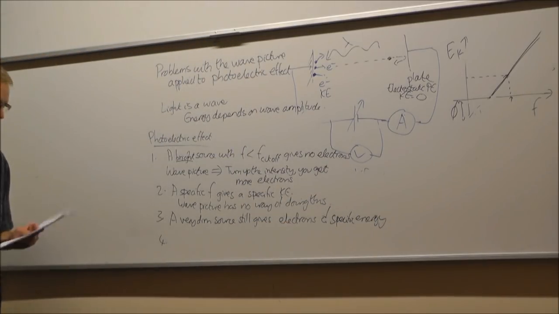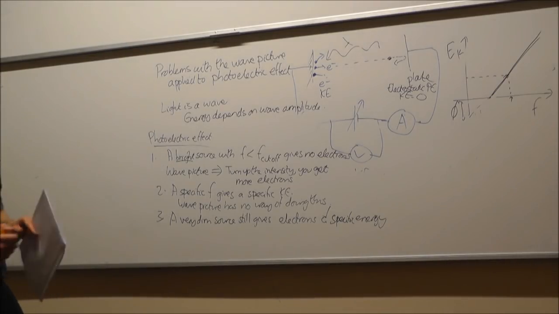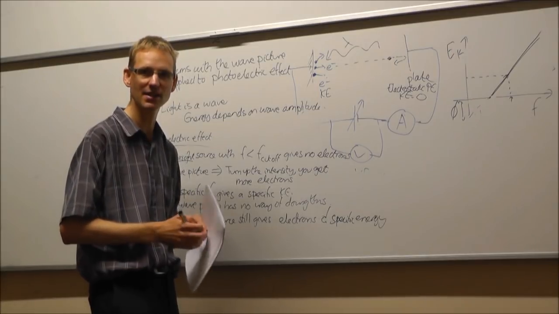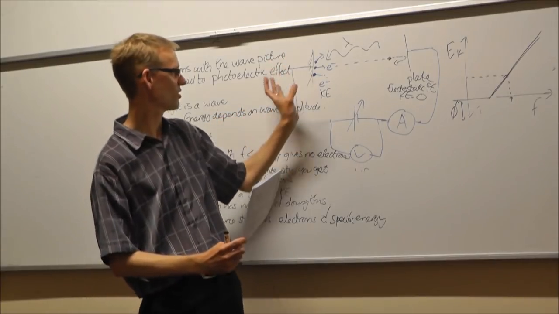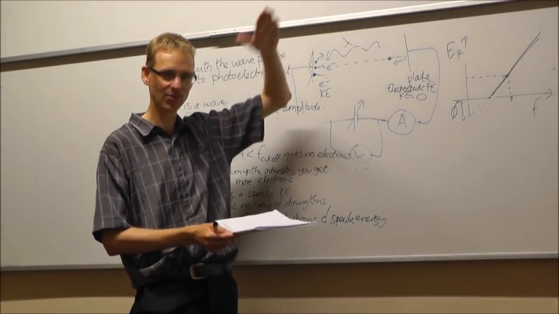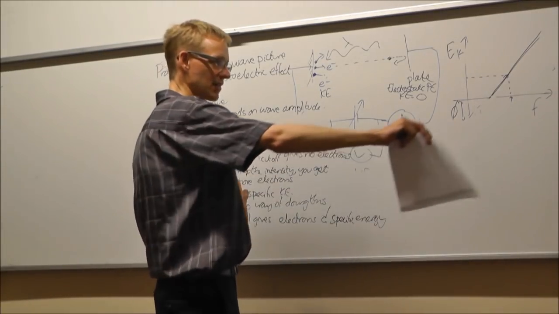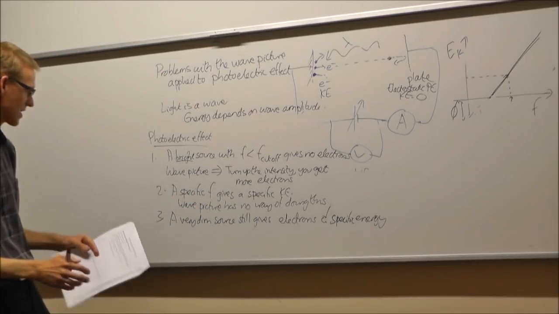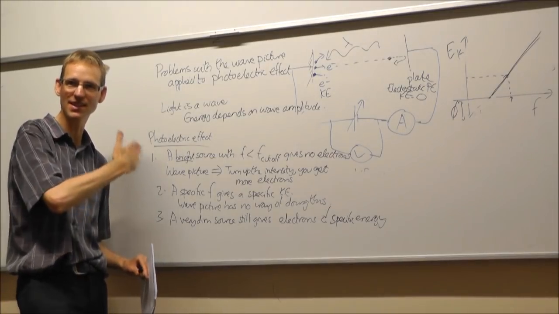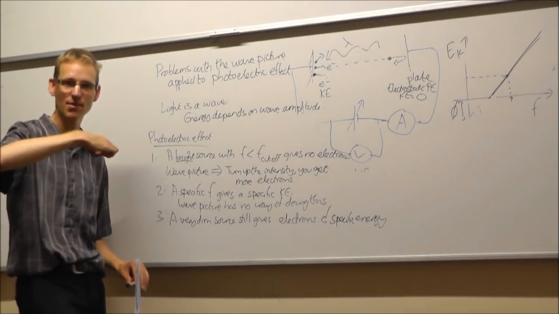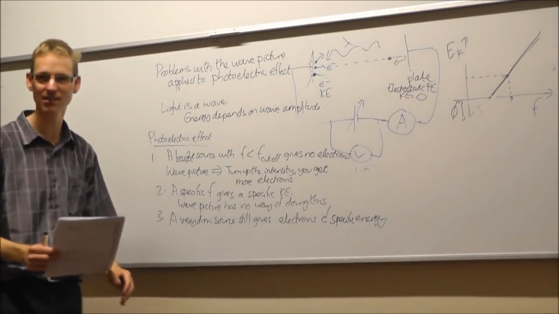The other thing, related to that, is that the wave picture would say that if you've got a very weak source, and it's not giving very much energy at all, then to get enough energy to an electron to get out of the atom, to overcome that work function, you need to apply it for a certain period of time. It could take a second or a millisecond before that wave is able to give enough energy to get an electron out. But in practice, electrons can come out instantaneously.